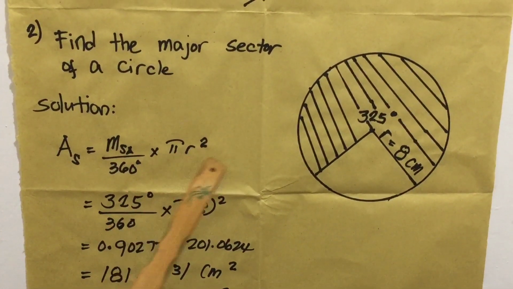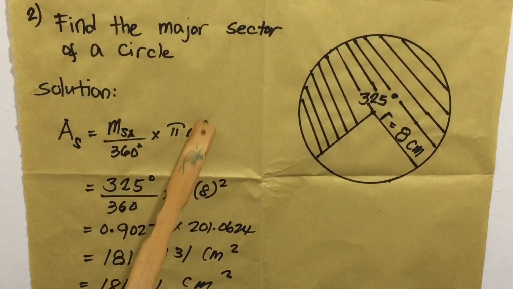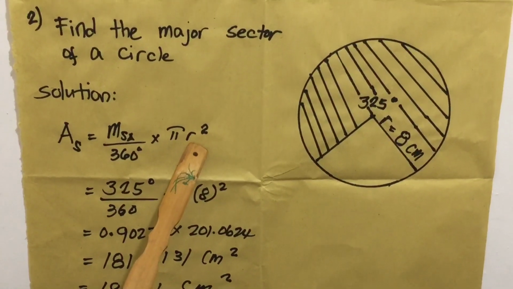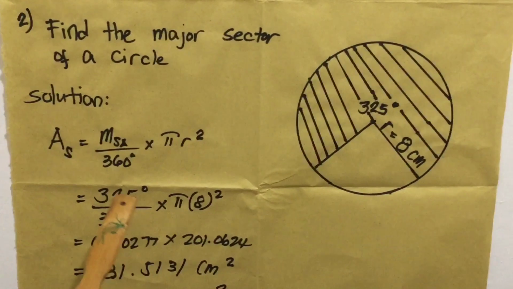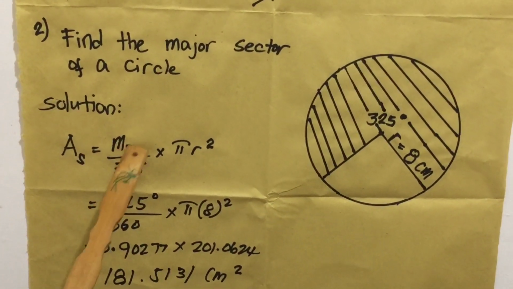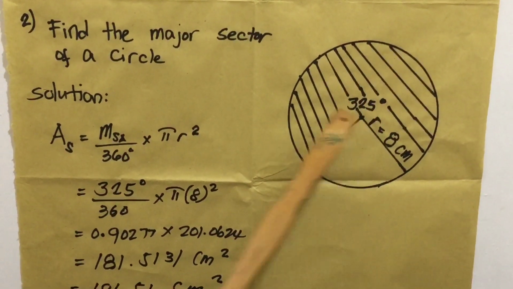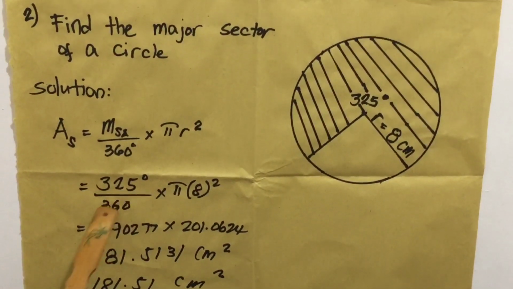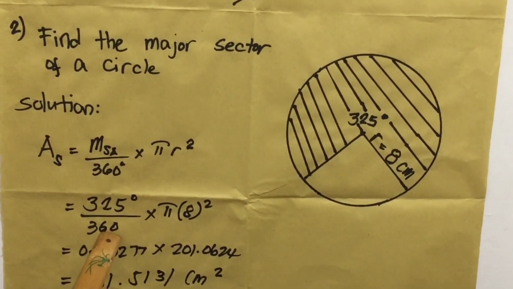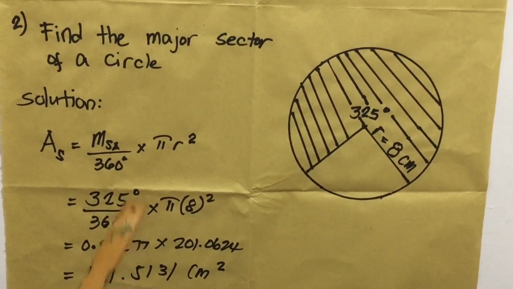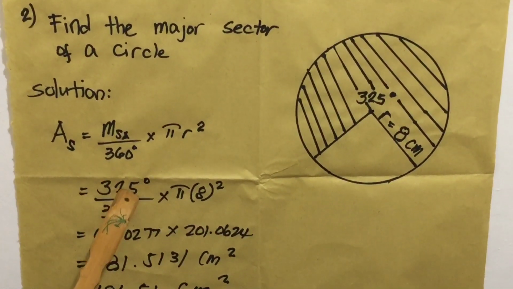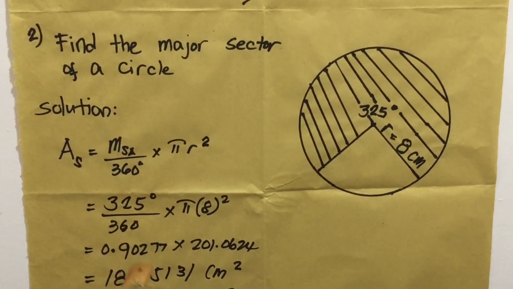So remember, pi r squared is the formula for finding the area of a circle. The next step is to substitute. What is the measure of subtended angle? We have here given 325. Here we are going to write, then divide by 360 degrees. Then degrees divided by degrees, no more degrees. Then 325 divided by 360, we have